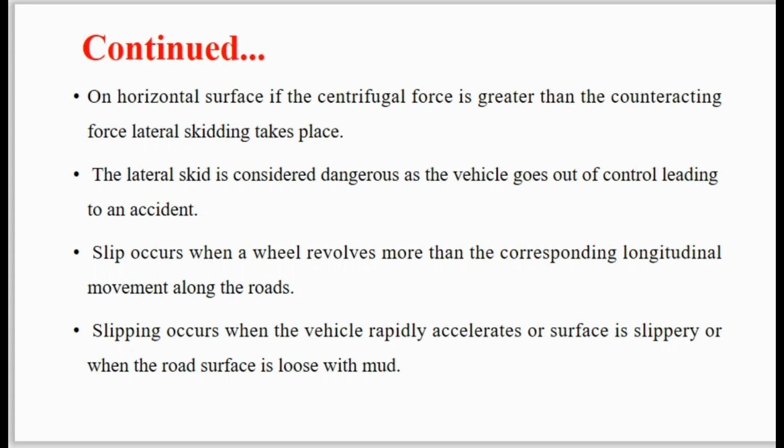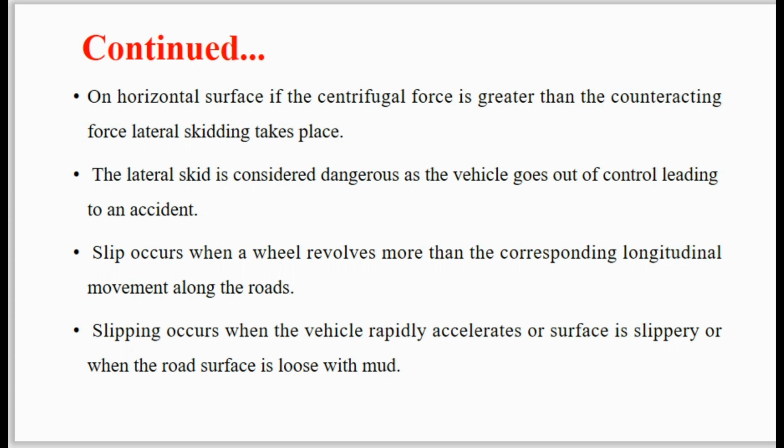There are certain factors which affect the friction or skid resistance. The maximum friction offered by the pavement surface, or the skid resistance, depends upon the following factors. First is the type of pavement surface, like the cement concrete surface, bituminous surface, waterbound macadam, etc. Second, the macro texture of the pavement surface or its relative roughness.